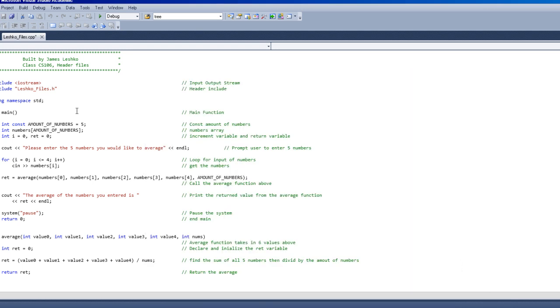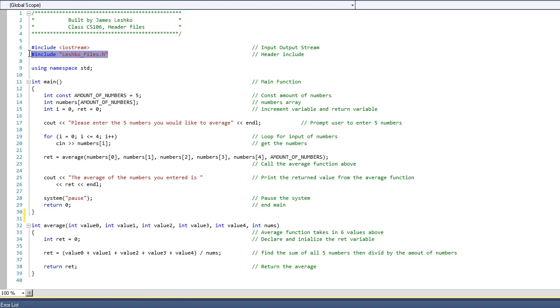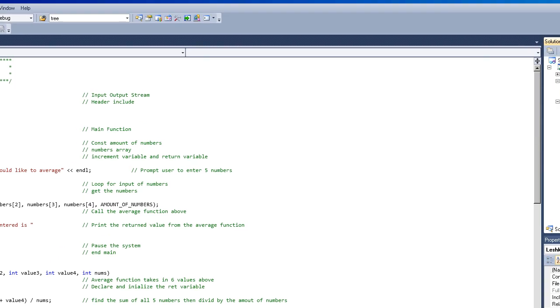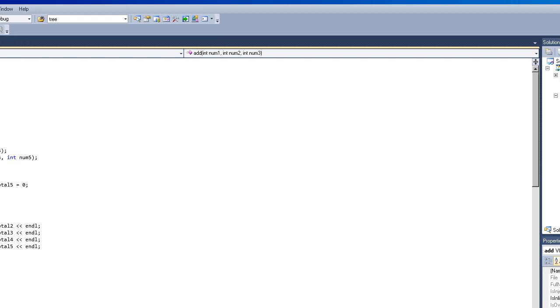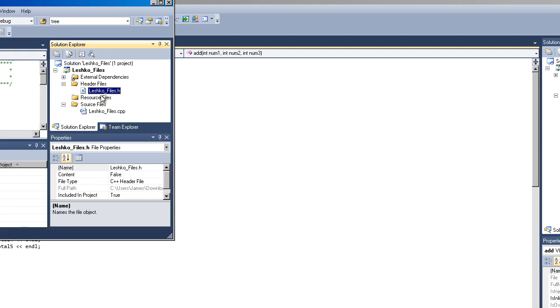Now I'm going to show you how to include a header. The thing with header files is you have to use the exact file name, including the extension .h. So when you include a header, you would do it from your main, like this here. You see how it's exactly the same as over here. So you can see over here in header files you add